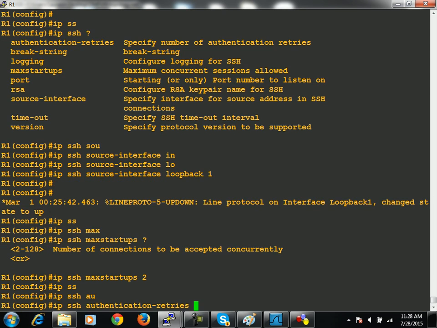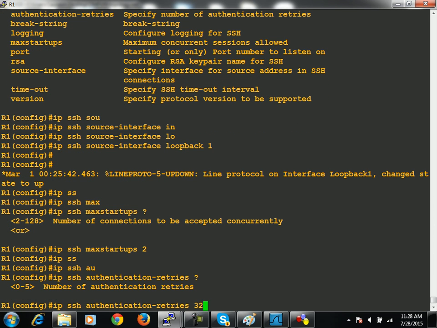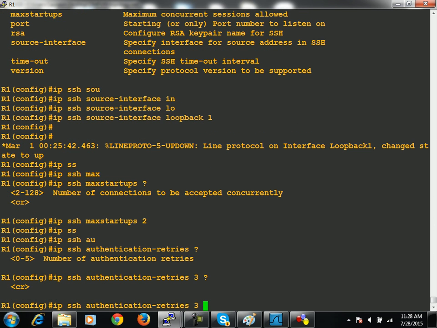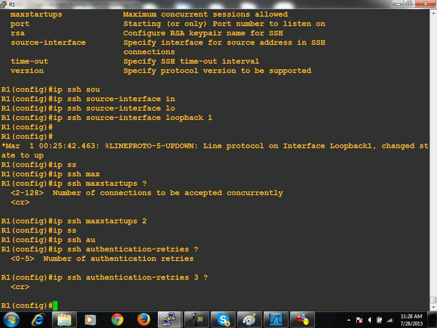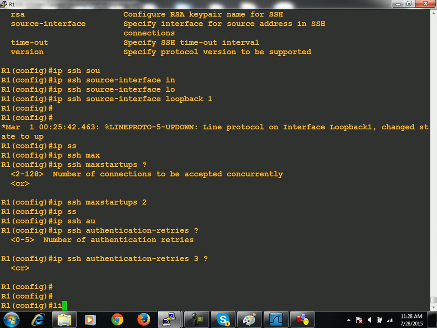IP SSH authentication-retries 3. Right? So you can also do that. And fine, that's enough. Then within line VTY, you can move under line VTY 0 24, and then here we are